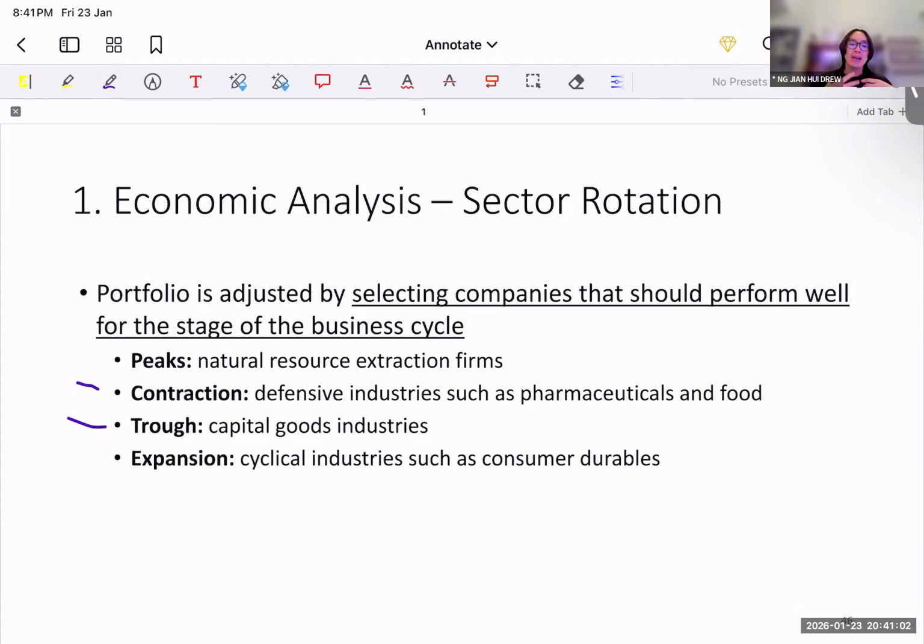argument. It could be like, okay, now we are at, let's say, the contraction stage of the business cycle, and we anticipate the business cycle to reach the bottom, right? And because you are anticipating this slow grind to the bottom of the business cycle, therefore you recommend which stock, right? So this is how you can use sector analysis to substantiate your valuation.